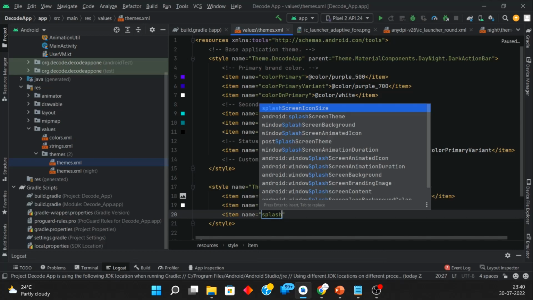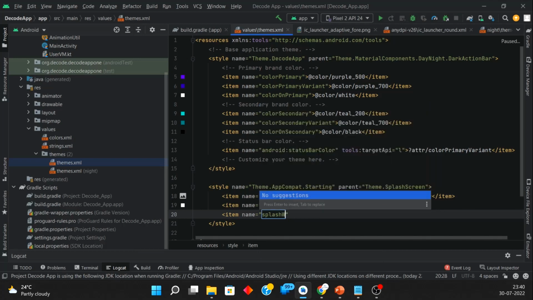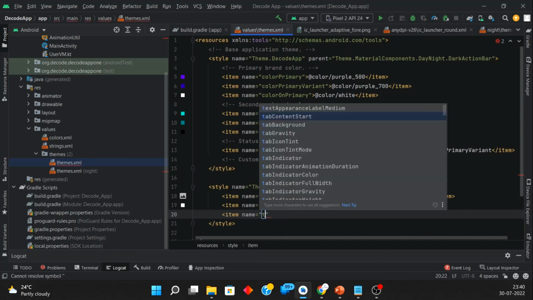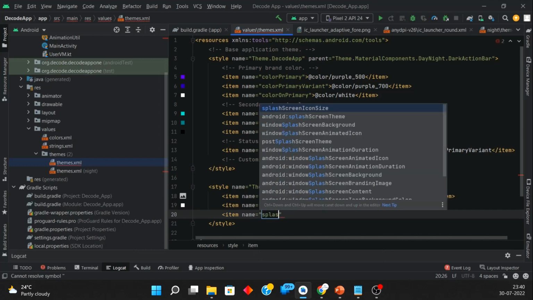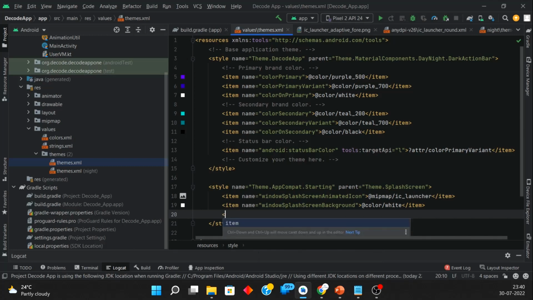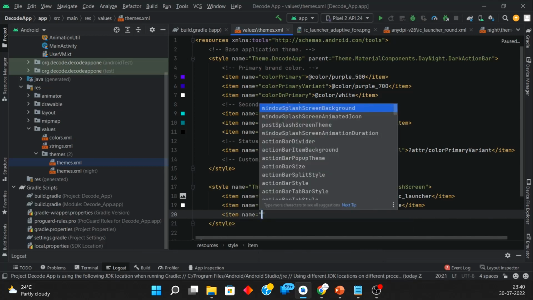So for which I need to refer the next property, which is the duration property, which defines for how many seconds you are going to display your splash screen,